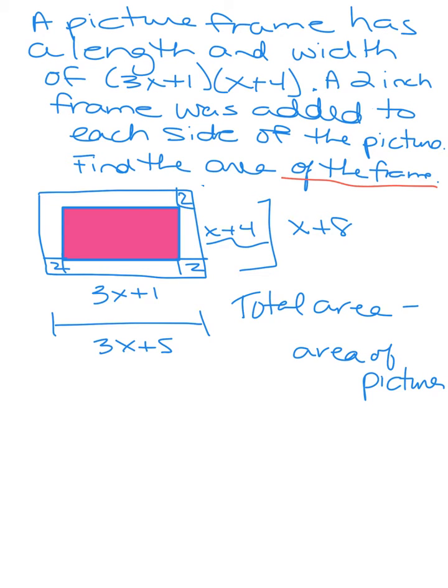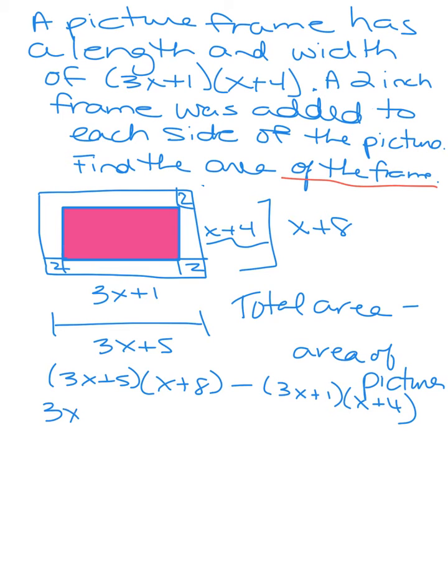So my total area, including the frame and the picture, I have 3x plus 5 times x plus 8. Now I'm going to subtract out the area of just the picture. So that gives me 3x plus 1 times x plus 4. All right, back to my total area. I have two binomials, so I'm going to use FOIL. So I have 3x to the second plus 24x